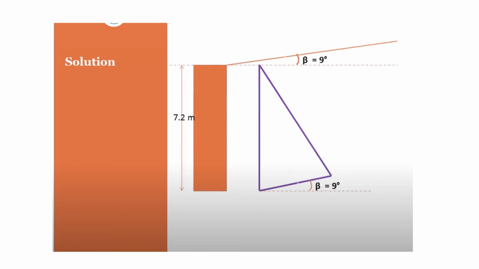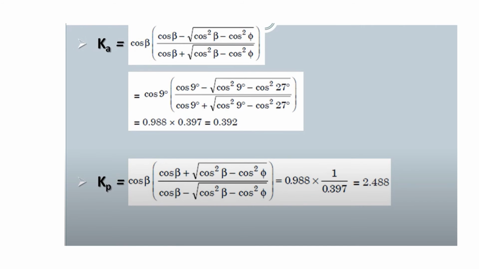So this will be the diagram for the corresponding question, that is inclination is given as 9 degree and inclined backfill and inclined surcharge, and the height is given as 7.2, and using the equation to calculate the active and the passive earth pressure coefficient if the backfill is inclined, and this will be the equation for that. And you just have to substitute the angle of inclination which is given as 9 degree in order to calculate these coefficients, and henceforth we will be getting the values for active earth pressure coefficient as 0.392,